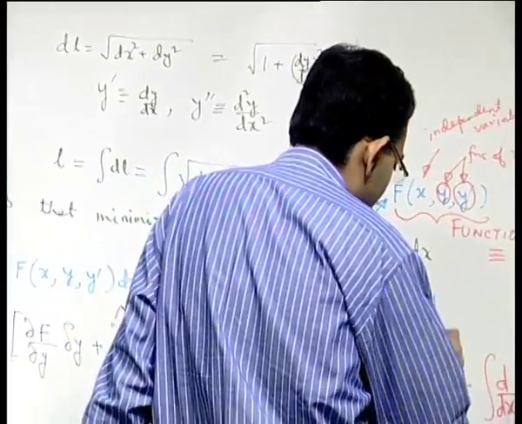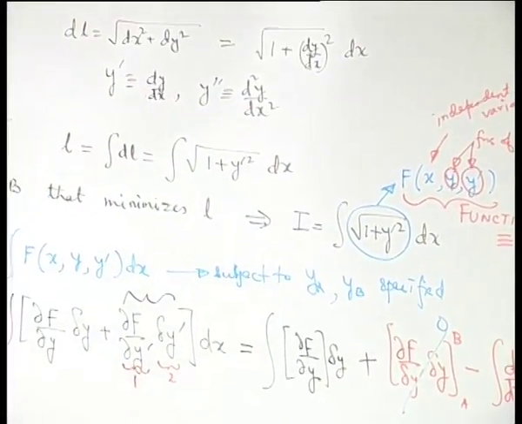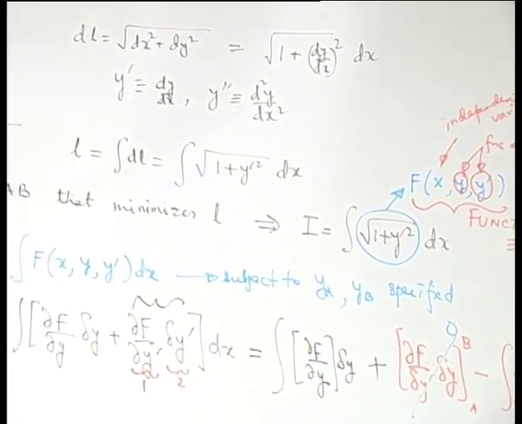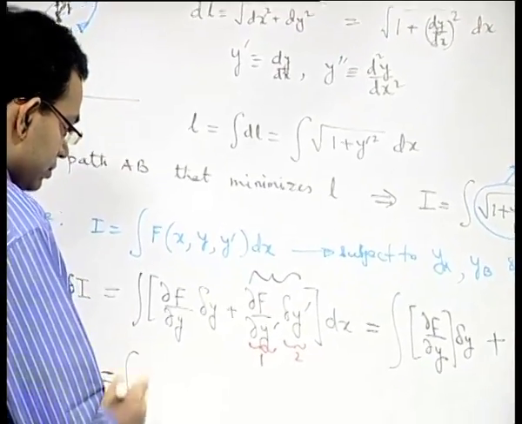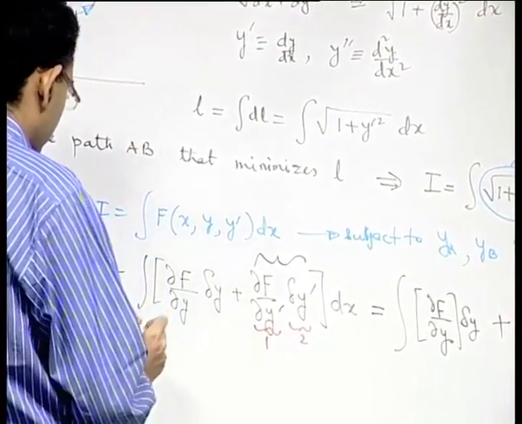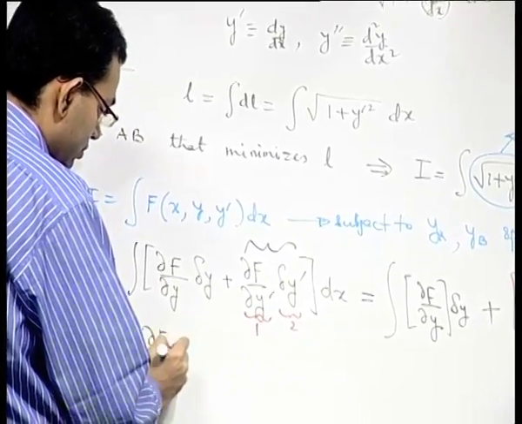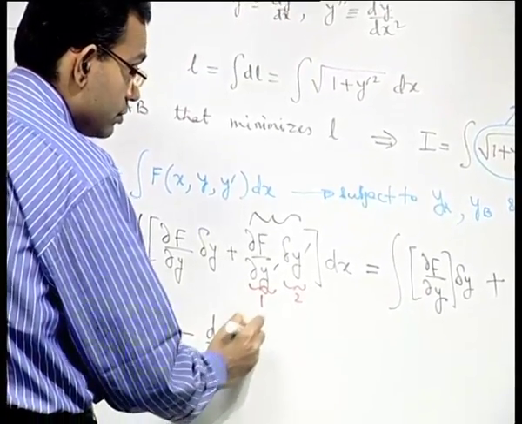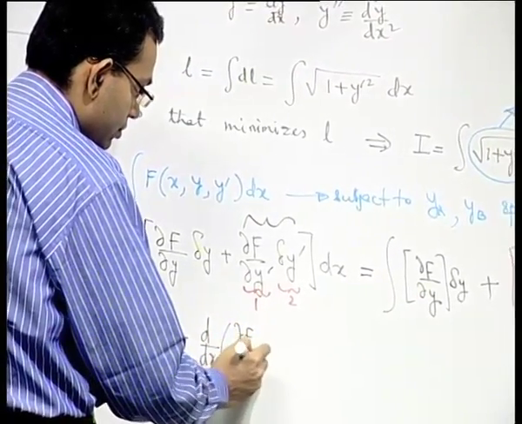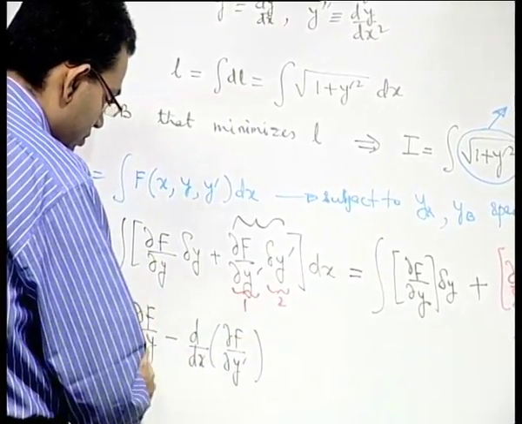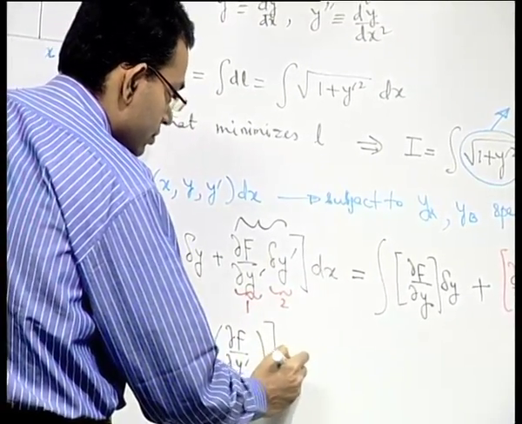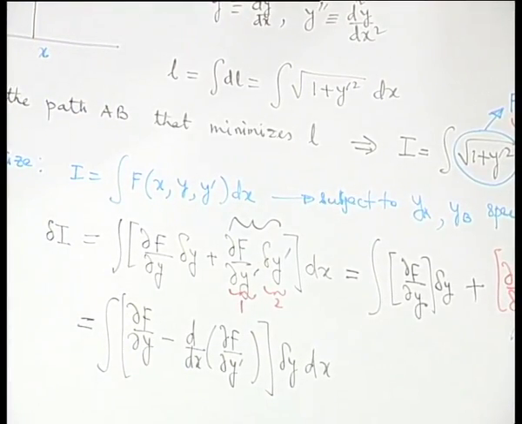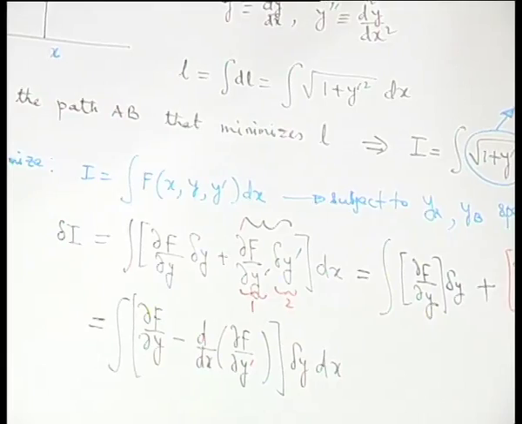So, this term will be 0. So, you are left with what? You are left with delta I equal to this one,